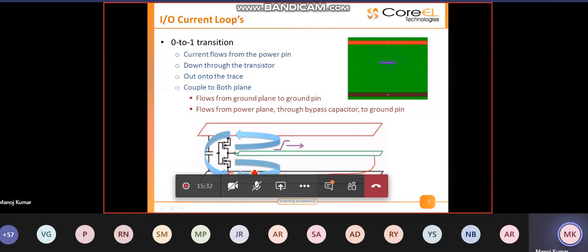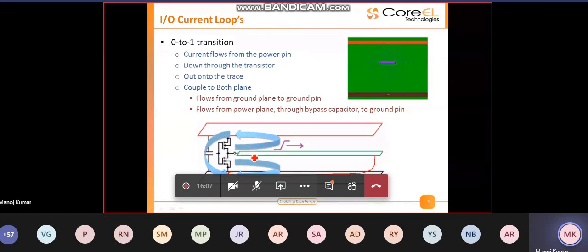During this period, the current traveling on the transmission line is known as incident current, whereas the current which is traveling back is known as resulting current or return current. In high speed design, the signal travels through a mode called transverse electromagnetic mode.